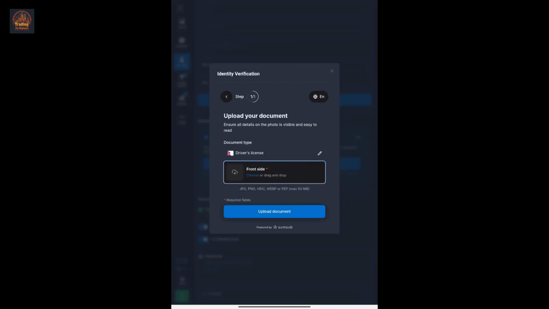Make sure that the images are clear and not blurry while uploading them, and the details are readable, and your documents are not expired. Once you go ahead and upload your document, click on this Upload Document button and follow through the prompts. Now, after uploading, double check everything, and once you are done with your submission, the verification will